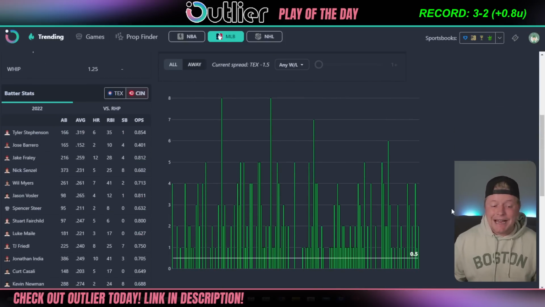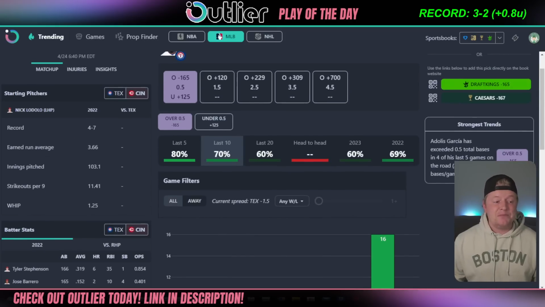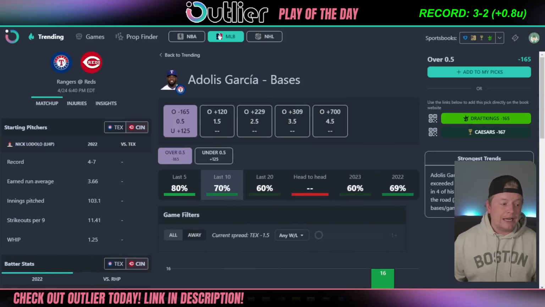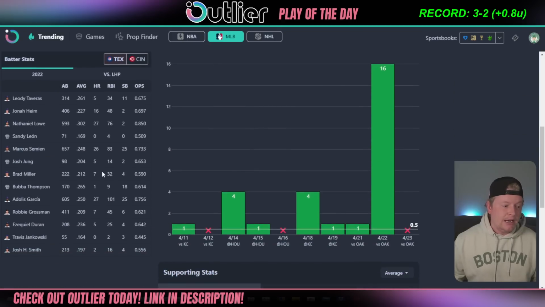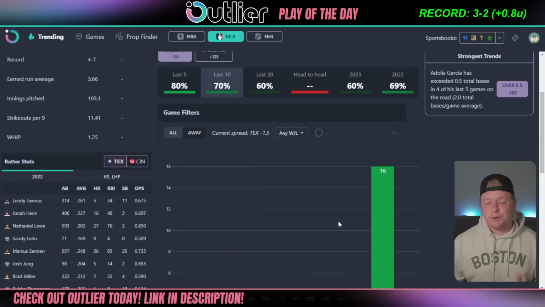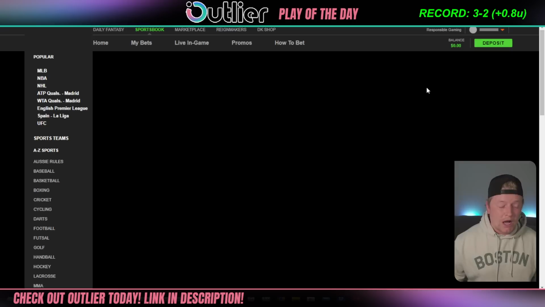He did it in 69% of games last year. In his last 10 games, he's done it in 70% of games. So I do like to see that, obviously, and we'll see how he bats against left-handed pitchers here as well. .250, 27 home runs, not too bad. So we're gonna go ahead and lock this one in as well. We'll do it over on DraftKings as well.